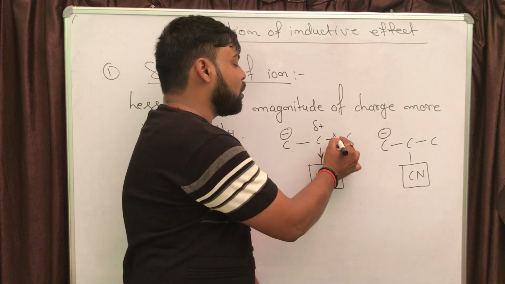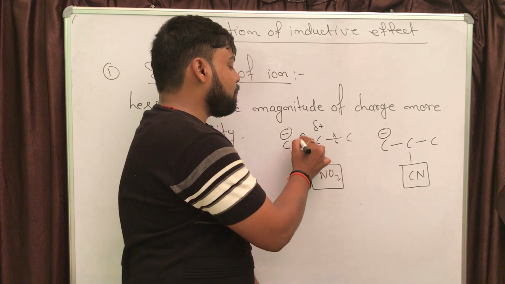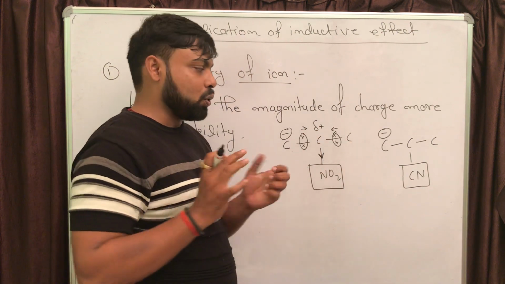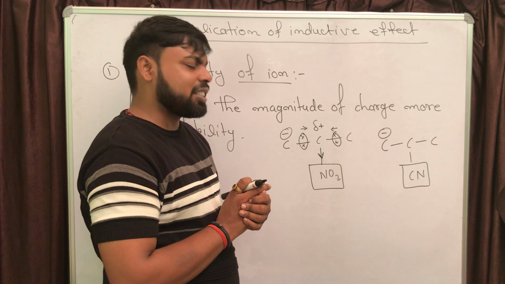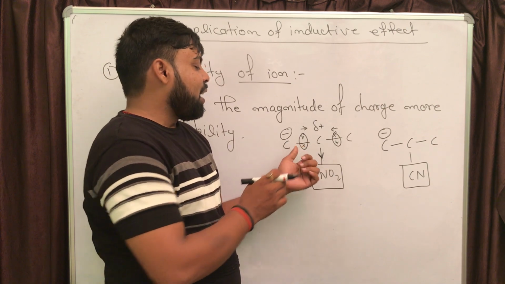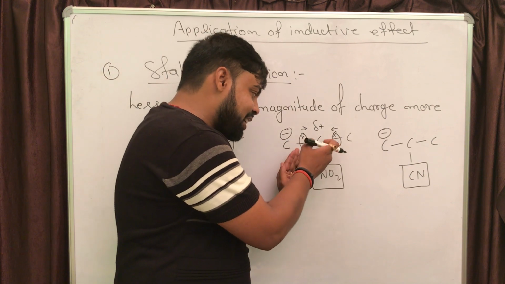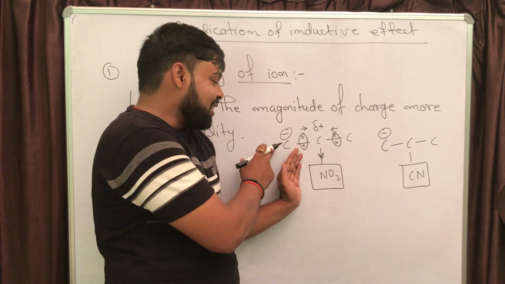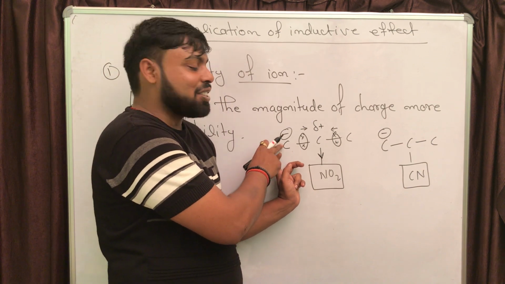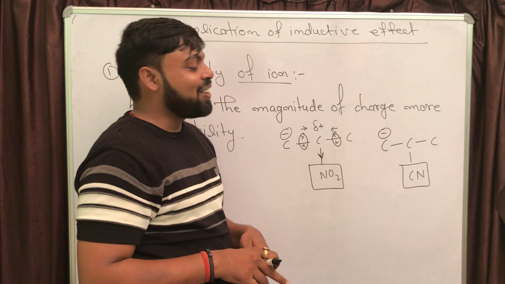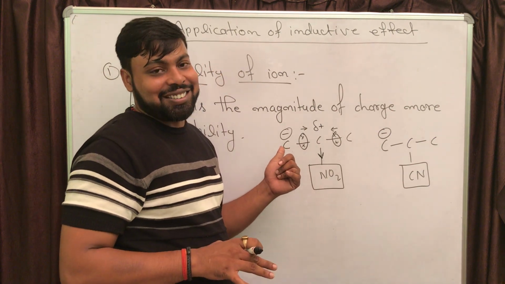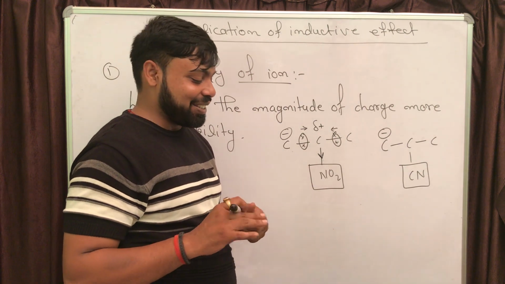So it is having two bond pair electrons. It will pull electron from both sides. Now just think, if it is pulling the electron from the left side and this pair of electrons is slightly shifted towards the alpha carbon, there will be some partial positive charge on the carbon which is already containing negative charge. So overall what is going to happen? That negative charge will get decreased.